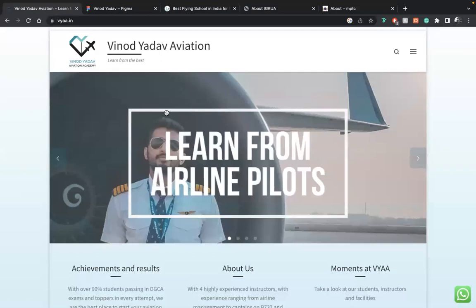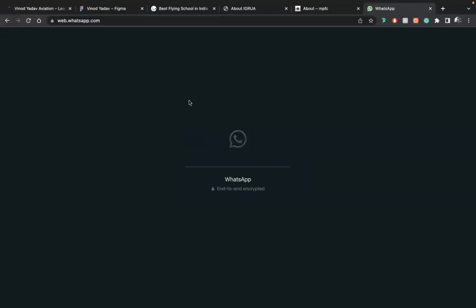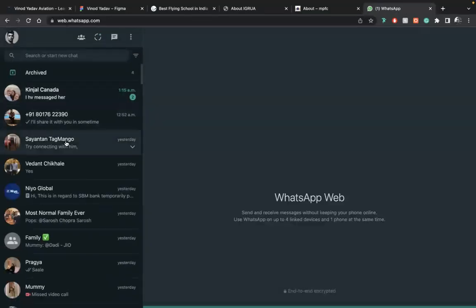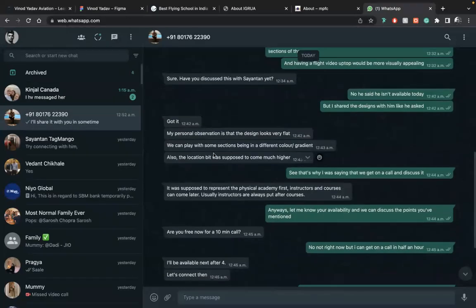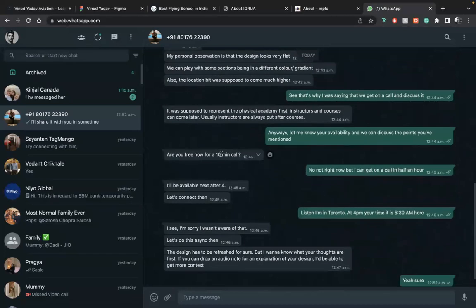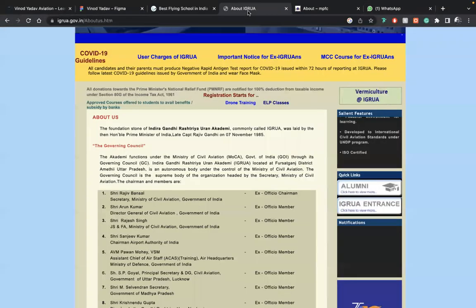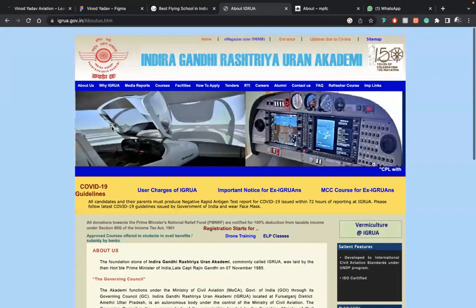Hello, Mars. So, coming to your points where you said the design is looking flat, and you wanted the location to be upfront and represent the physical academy first, with instructors and courses coming later, basically emphasizing the location. I don't think that's a good idea because, first and foremost, I did some research